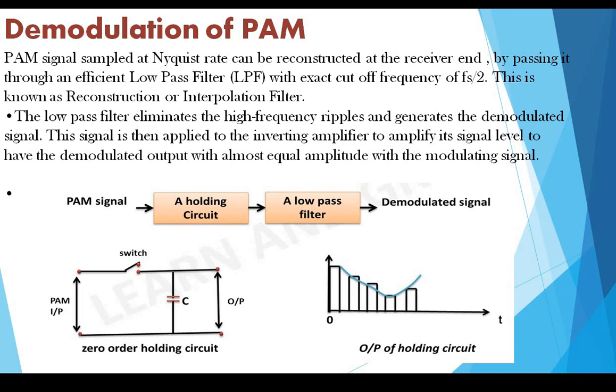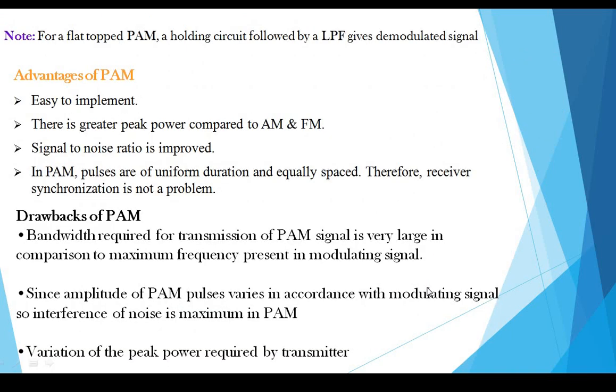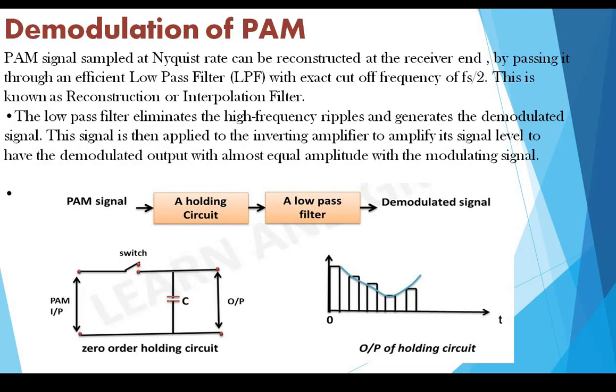Okay, to amplify your signal, to boost up your signal, we are using the amplifier on the demodulator side after the block of your low pass filter. Okay, so this is the circuit of your low pass filter, and this low pass filter filters out these higher frequency components. You will be getting your original message signal. Now you will have a holding circuit which is followed by the demodulator. Why are we using a holding circuit? It's a completely reverse process, yes or no? So in this, we have a capacitor, a